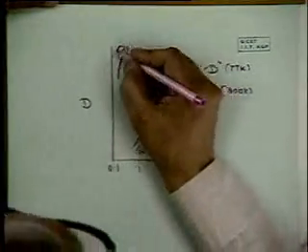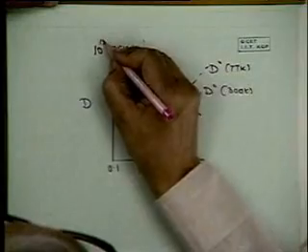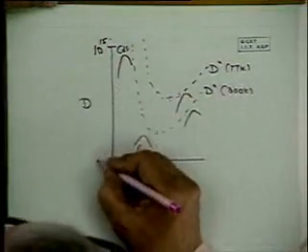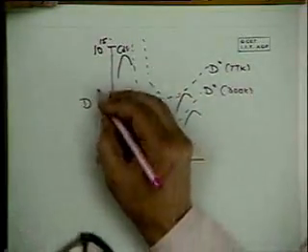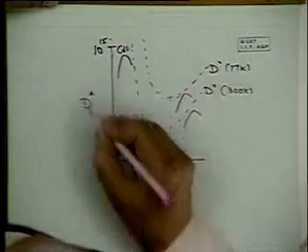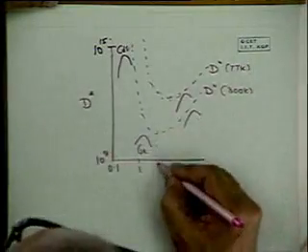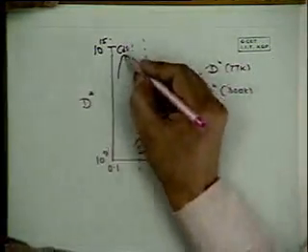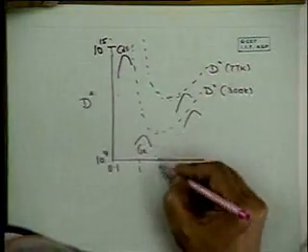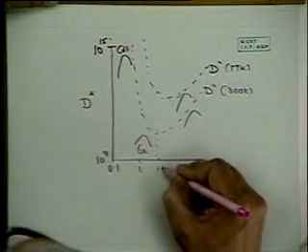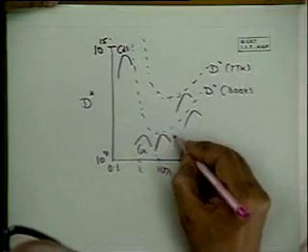This is say 10 to the power 15. This is 10 to the power 9 in the appropriate units. The mercury cadmium telluride, this is 10 to the power 14. Mercury cadmium telluride detector at about 10 microns will have a niche